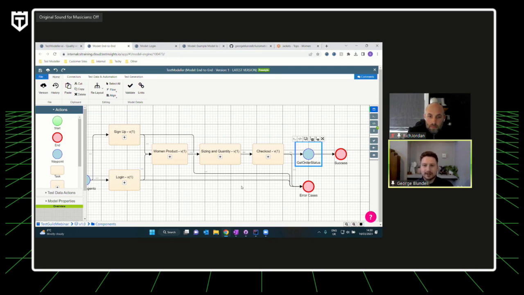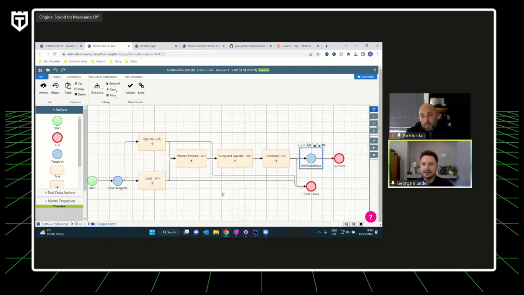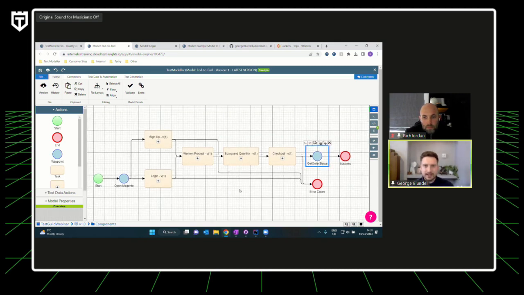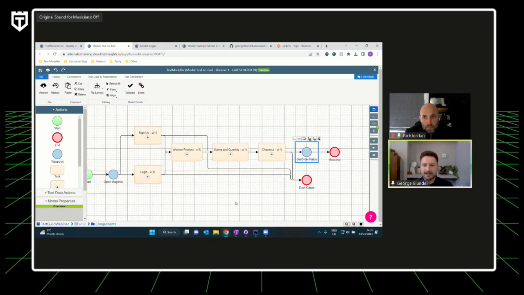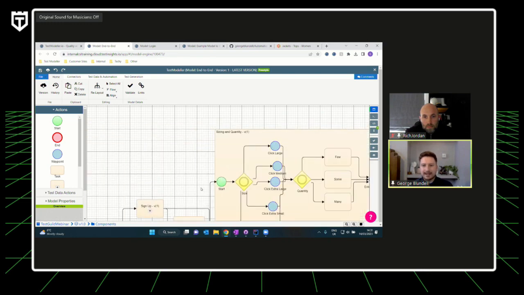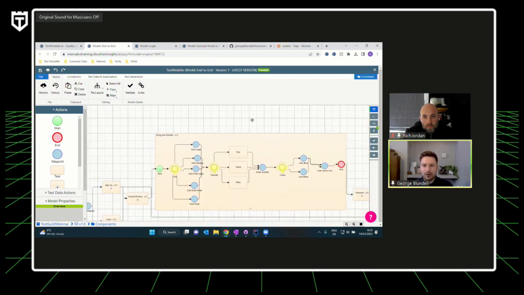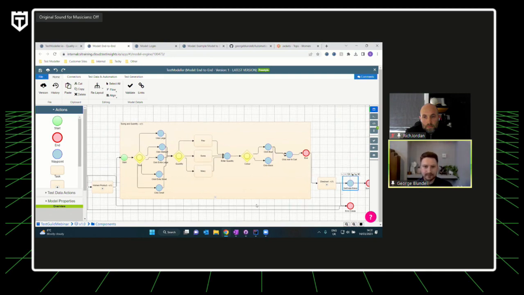Now, this is a very, very high level bird's eye view of what's actually happening in your application. So as Rich was mentioning there, this model becomes the living documentation that you will need to maintain and keep all of your assets up to date. So let me dive a little bit into some of the details here, just about how this all works. Obviously these are all single blocks on our application, but as we go in, we can expand these and get a bit more of an understanding of some of the business rules and some of the logic that actually exists within our system.